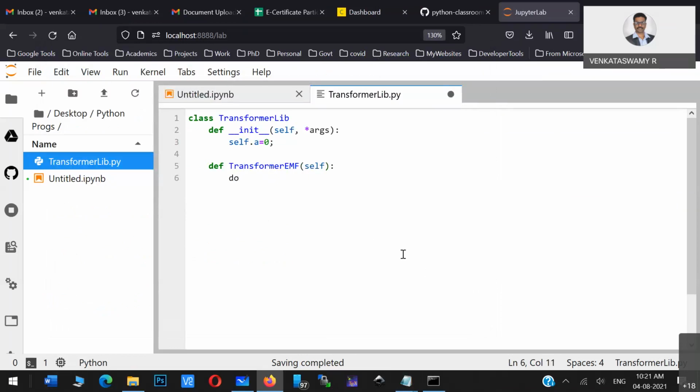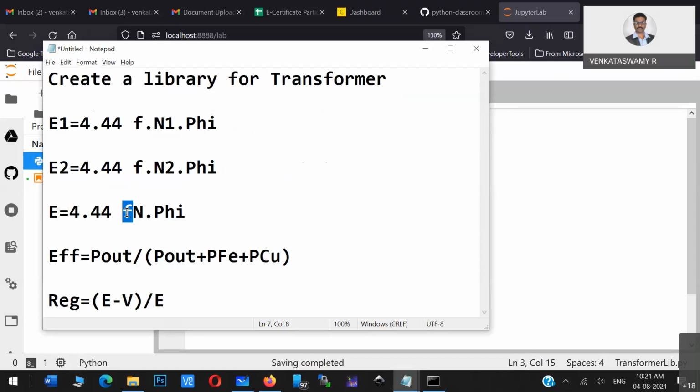Now you see here, self is basically the class variable. Now what are the parameters you need to pass? What are the three things required? F, N, phi.